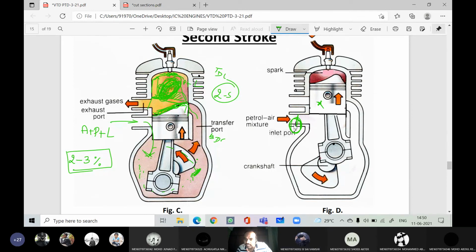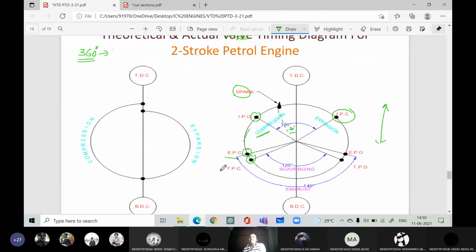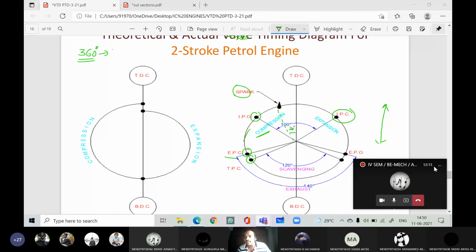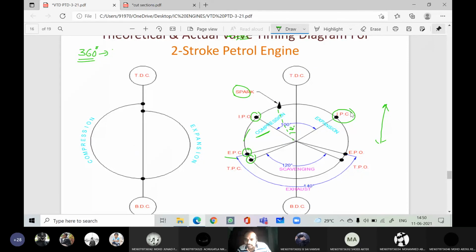Yes, sir. This dedicated valve will operate based on the difference of the pressure. It's not opening and closing with the help of the piston. This piston is only for the exhaust port and transfer port. And due to the pressure difference created by the movement of the piston, this valve will open and close. That is the reason when the piston is moving from top dead center to bottom dead center, this inlet port is closed, because the downward motion of the piston will create compression within the crankcase that increases the pressure above the atmosphere, thereby the inlet port will be closed.